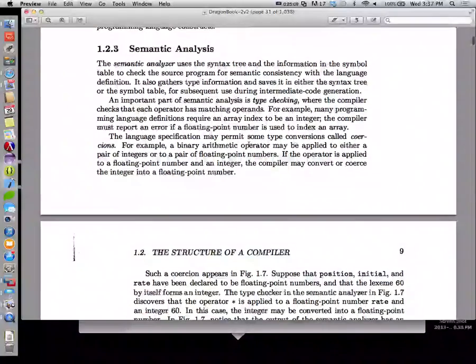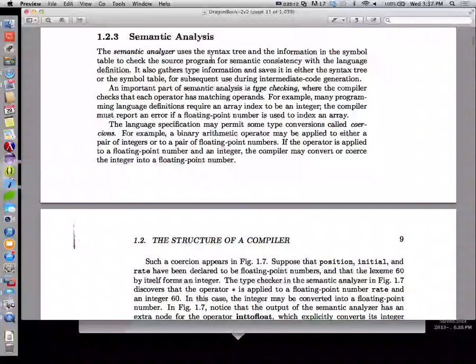I think according to that, we're fine. All right, so the next step, semantic analysis. The semantic analyzer uses the syntax tree and the information in the symbol table, that's the table we created at the very beginning, to check the source program for semantic consistency with the language definition. It also gathers type information and saves it in either the syntax tree or the symbol table